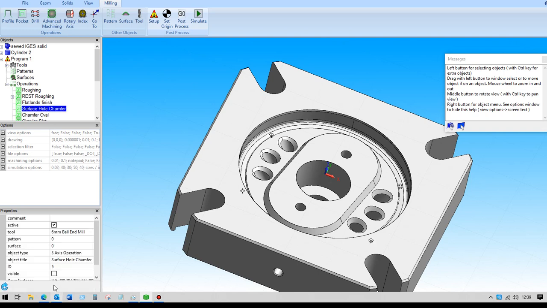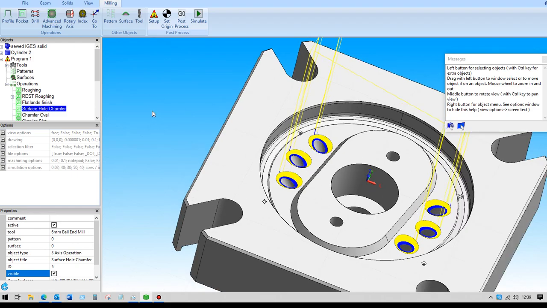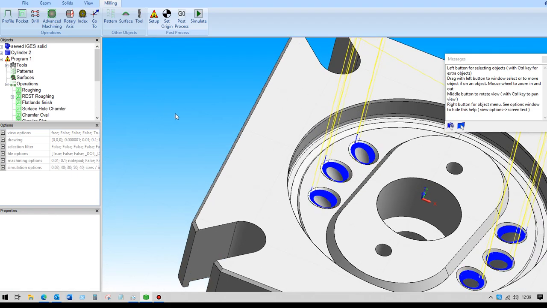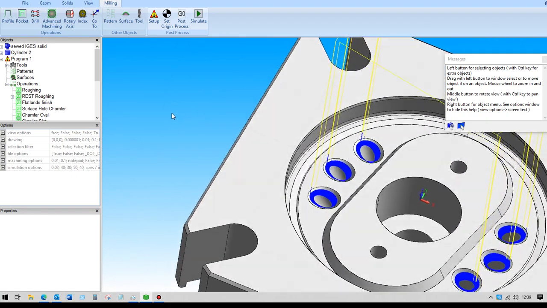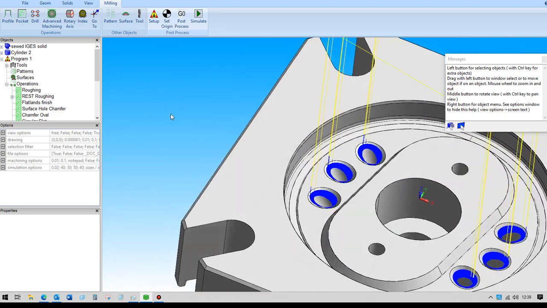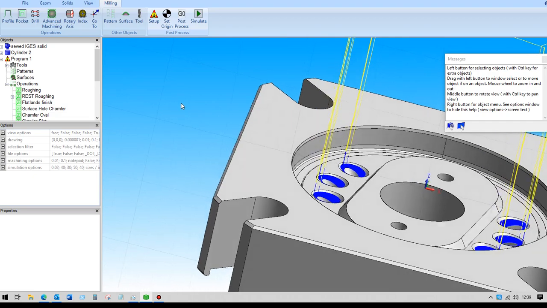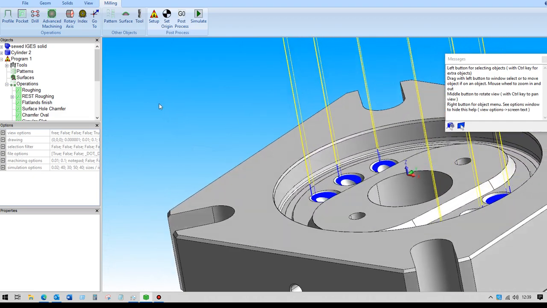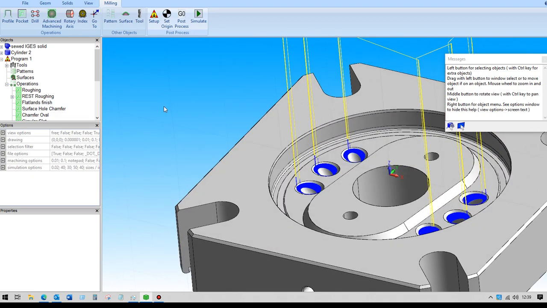And if we switch that on, we can see I've set a fairly fine overlap there, or tool step over, so that it will machine out those surfaces there. Okay,